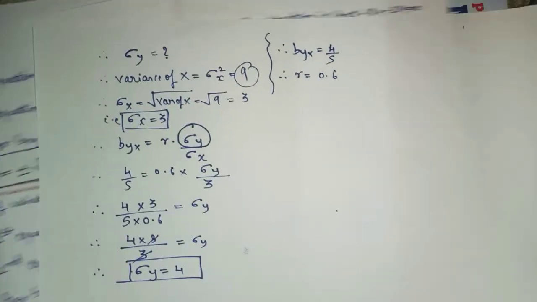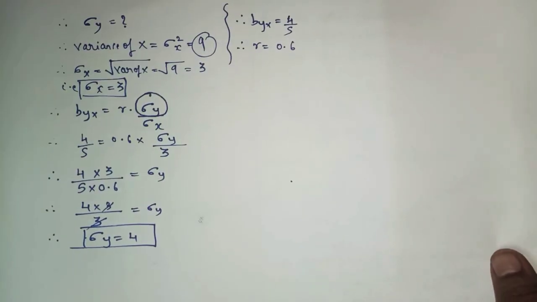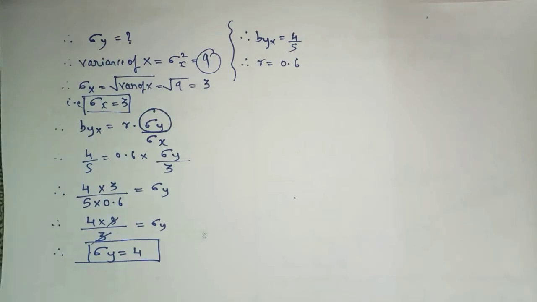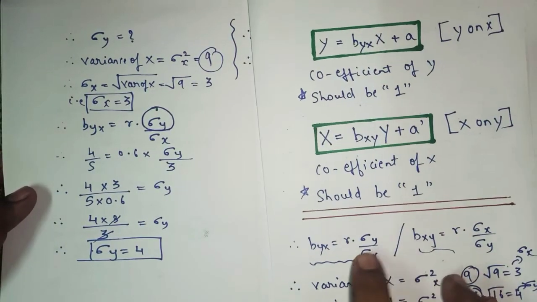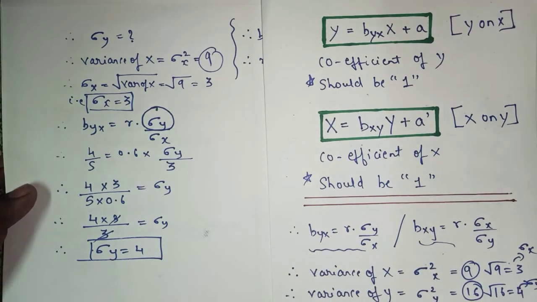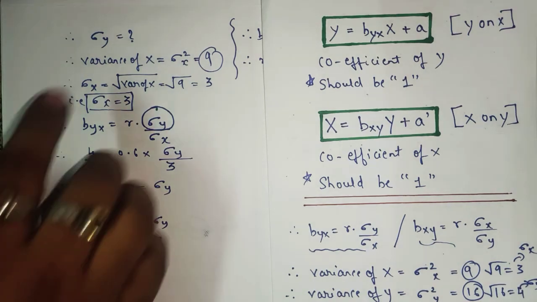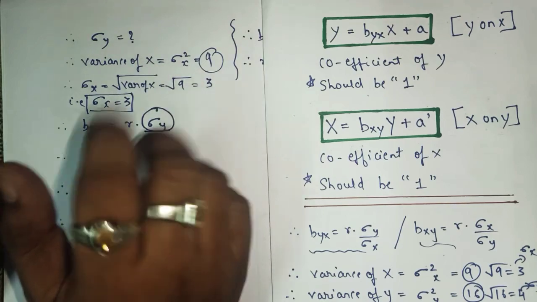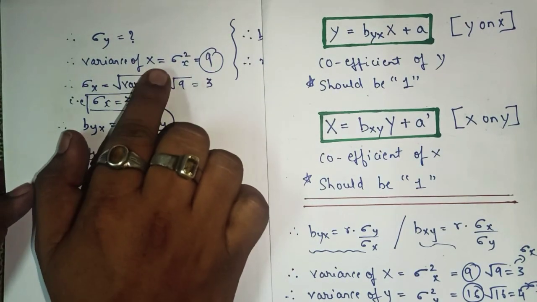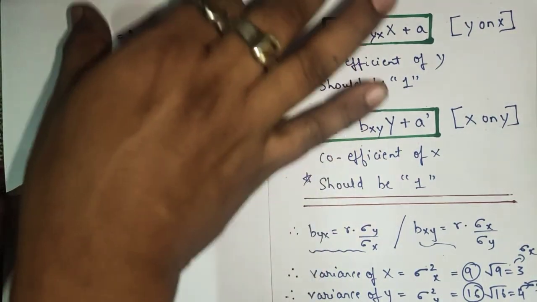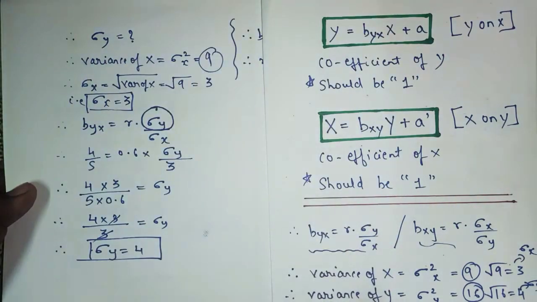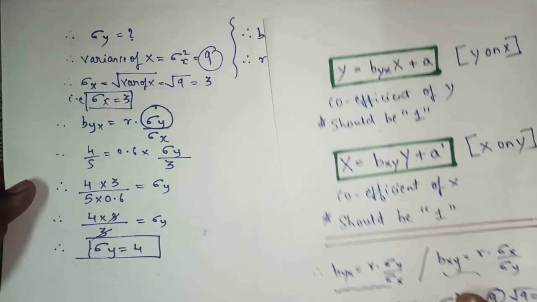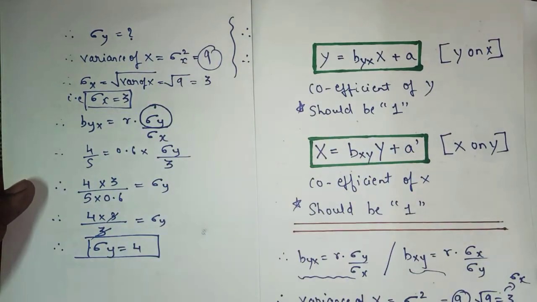And in the next step, you have to find the standard deviation by using the first formula or the second formula. As here we have the variance of x, in other sums you will have the variance of y instead of variance of x, but the pattern of solving and the presentation will be the same. I hope you all understood this sum.